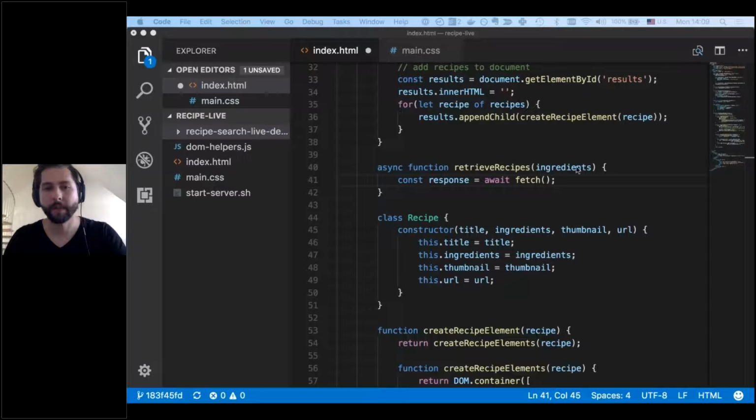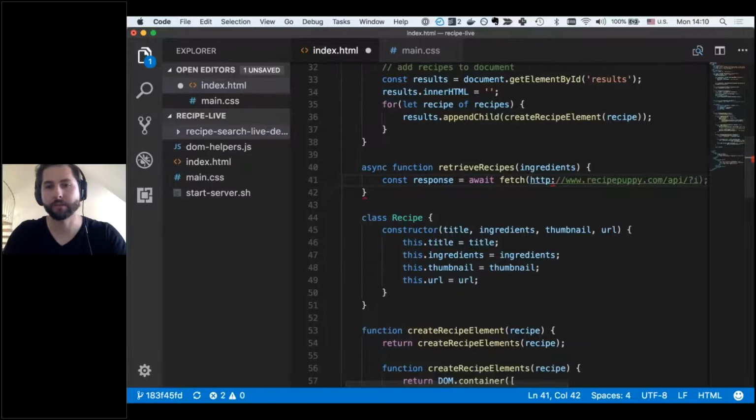There we go. Okay, so we say fetch, and in fetch, we might say, where's the URL? Right, there it is. So we have this URL. Okay, sorry about that, folks. So we have this URL called